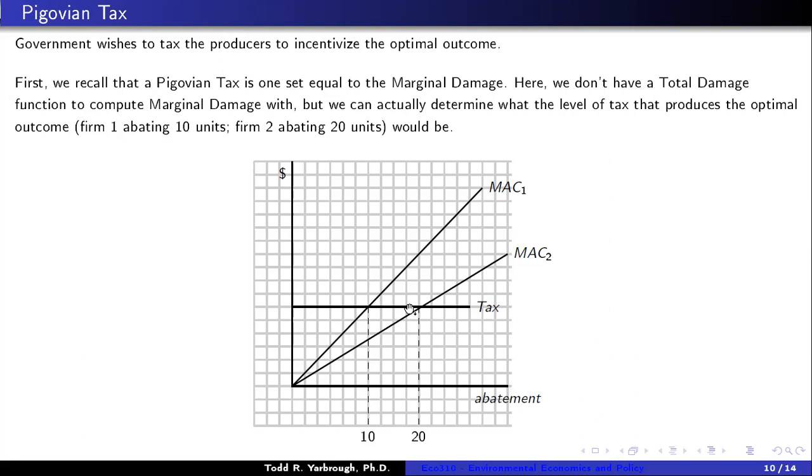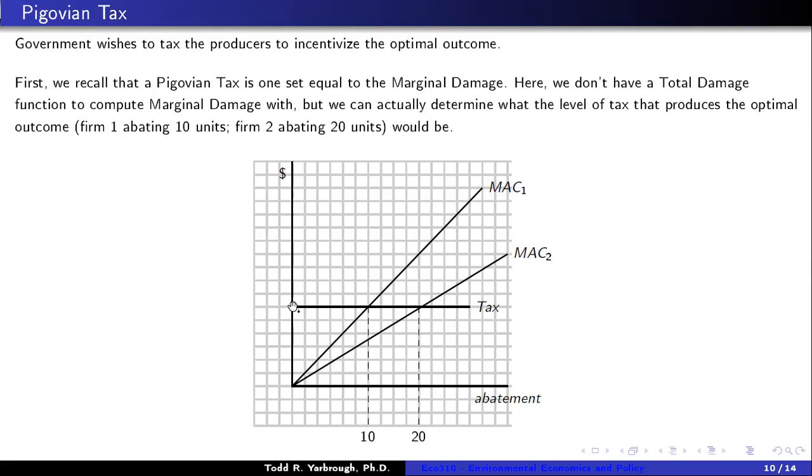They will abate until the tax they have to pay on pollution is less than their marginal abatement costs, and at that point they'll start polluting. So what I have shown you here in the graph is the optimal solution to this problem,